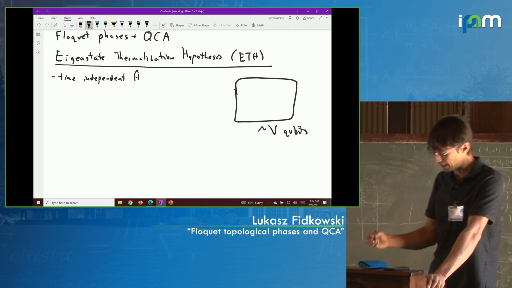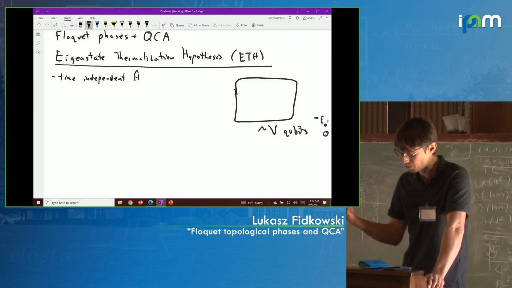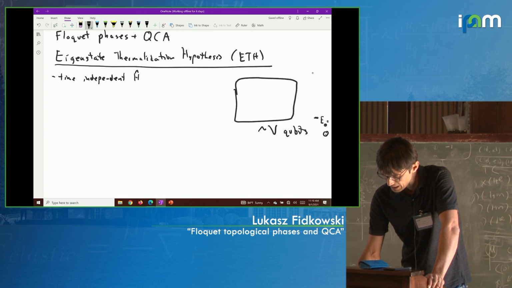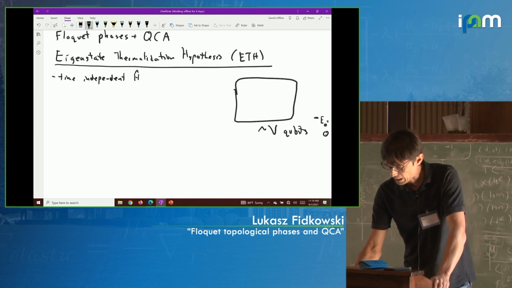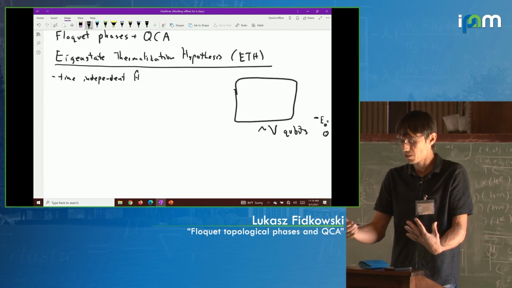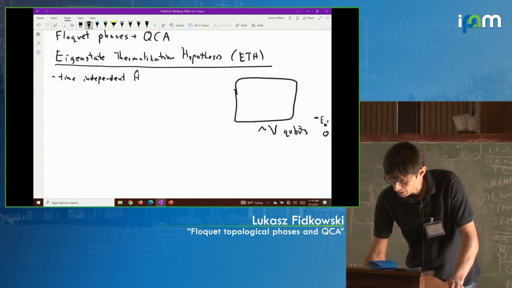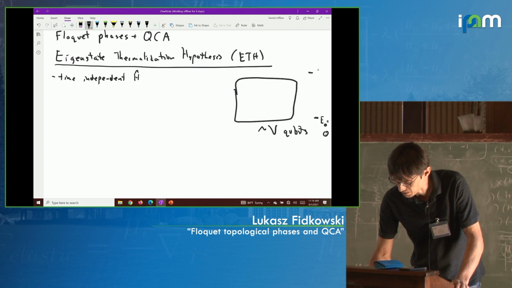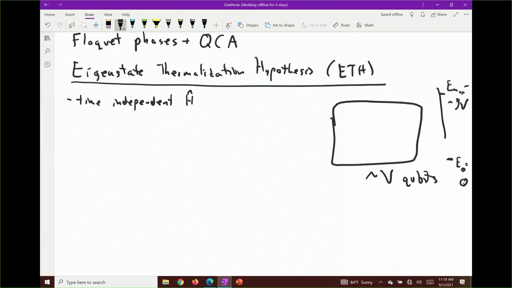Just for simplicity, I'm going to say that the ground state is at energy 0. So the ground state, I'm just going to set that to be at energy 0. That's sort of the lowest available energy. The maximum energy in this kind of system is whatever the maximal eigenvalue of the Hamiltonian is, but it's going to scale. For a local Hamiltonian, it's going to scale roughly like the number of qubits. So the maximum eigenvalue is out here, and it's like E max, which goes like some energy scale J times the number of qubits. Okay, so that's sort of the energy scales we're talking about.